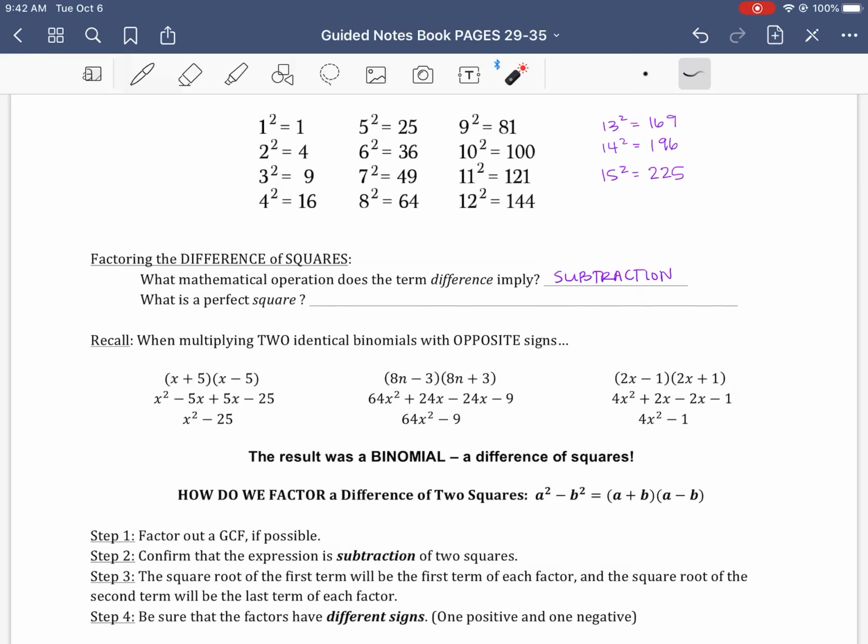So we want to look for those perfect square values. They are a number that has a whole number square root, or in other words, is created by an integer squared. I guess I can write that down. A number that is the product